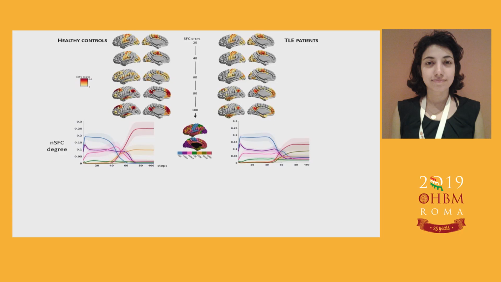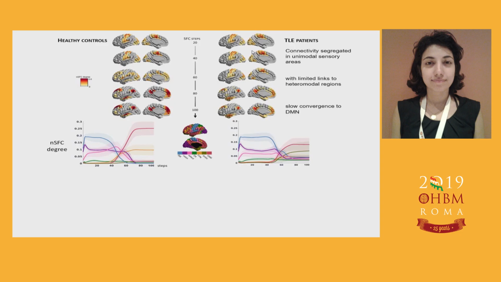So here I'm representing the SFC trajectory map on the surfaces at the top, left for healthy controls and top right for TLE patients, and we have the number of steps represented in the middle. The SFC trajectory in the controls transitioned from sensory areas to heteromodal cortices around step 50 to 60, to reach the default mode network at step 70, and it stayed there until the end steps. But in TLE,